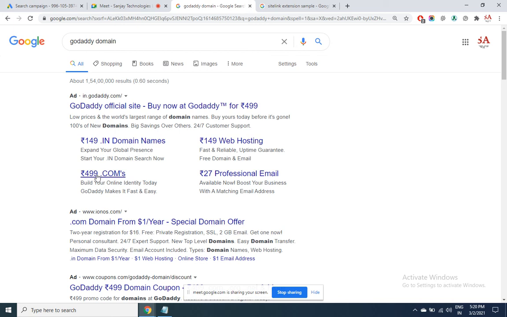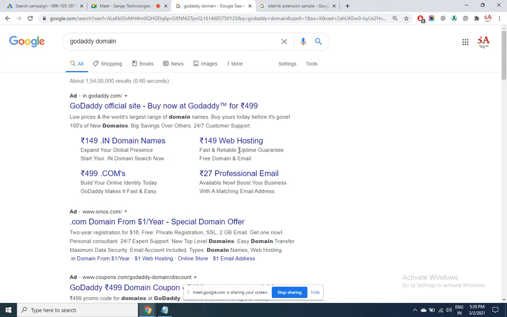So this is 1 site link, 2 site link, 3 site link, 4 site link. Like this you can create 8. Though we are creating 8 site links, that is a maximum. Google may display 4, it may display all 8, it may display only 2, it may display only the headlines of the links, it may not display the description at all. So there is no guarantee that Google is going to enhance your ad with the extensions that you are using, but most of the time it tries to.